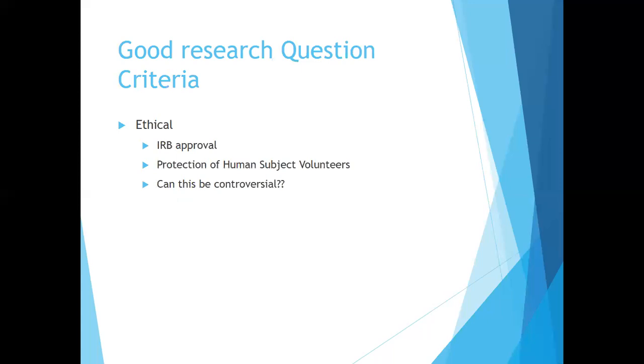We definitely want the research question to have an ethical component, looking at it from an IRB standpoint or looking at it to protection of human subject volunteers. And with the understanding that the information that hopefully you read in week 1 in the resource section, looking at the 3 different types of documents, for lack of a better term, that are available, and those that provide us criteria and guidelines on how we work with human subjects, be it either the Belmont Report or Helsinki or Nuremberg, any of those, from that standpoint.